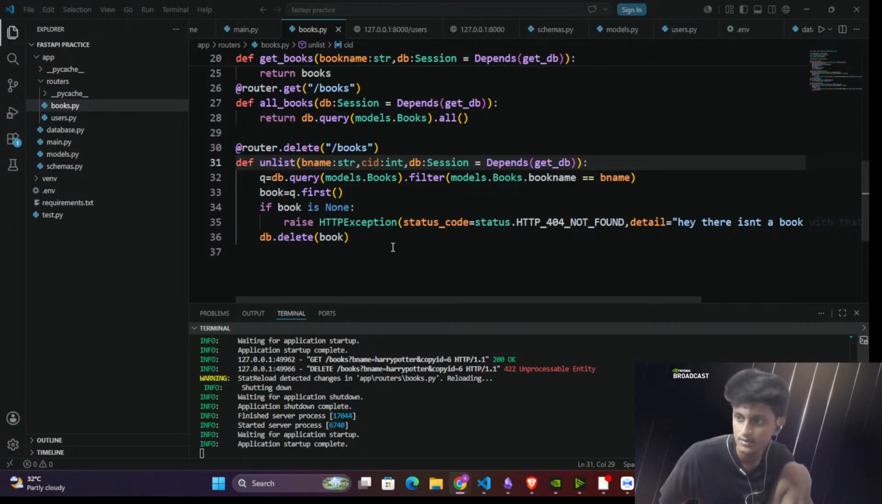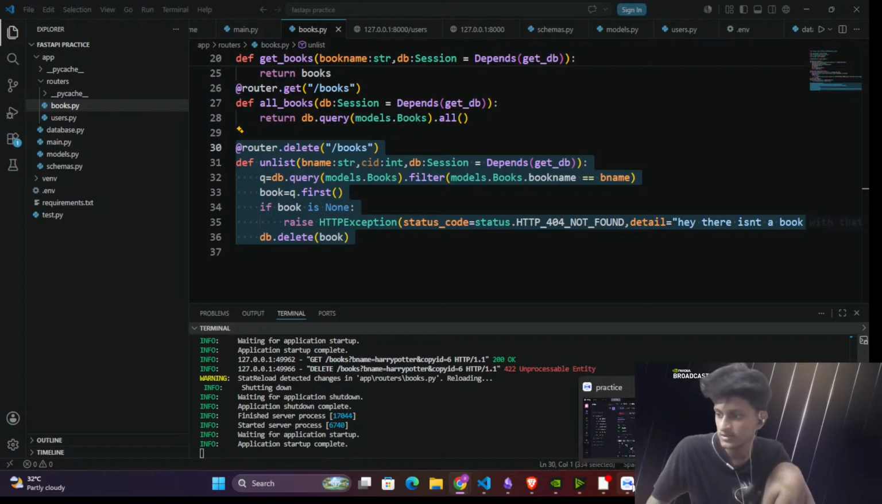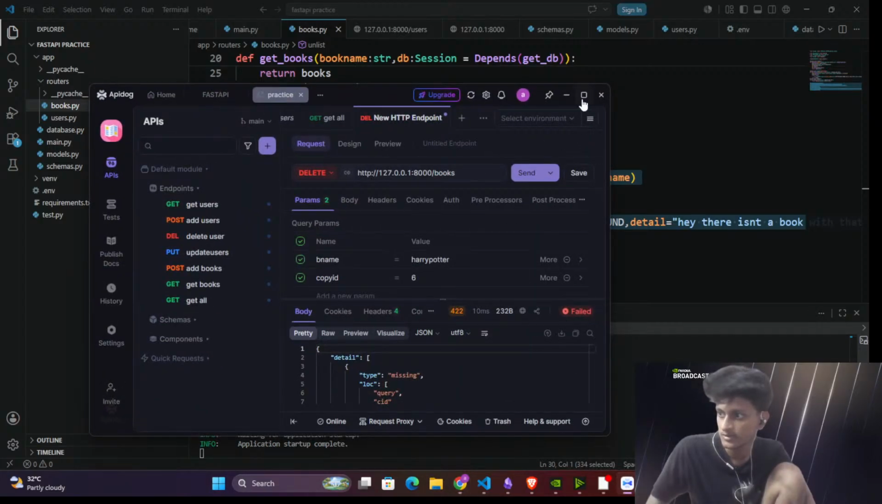No, I didn't really send that. I just sent CID, right? This is the route, and this is what I'm going to send. This is how I'm going to hit the